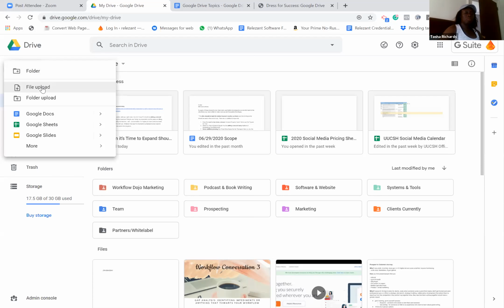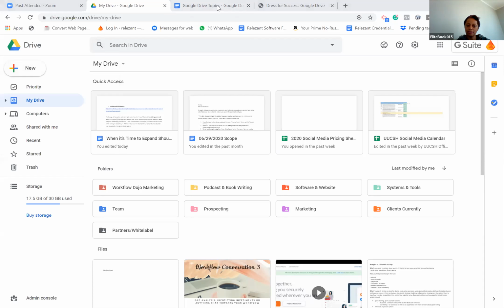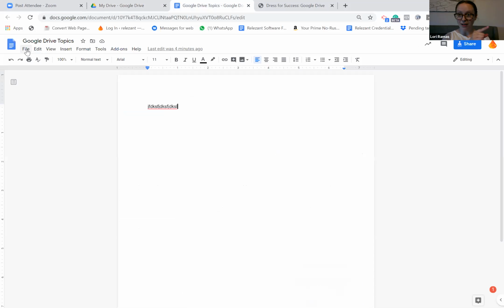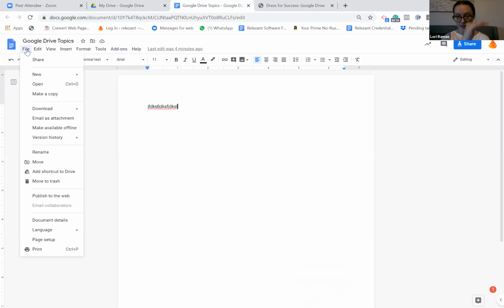Any other question? Are these documents saved as a doc or as a docx? Excellent question. Let's find out. So let me open up my doc. You see how there's file, just like Microsoft Word would have? File, see the menu that popped down? So in the Google Drive, they are saved as docs, but you do have options.